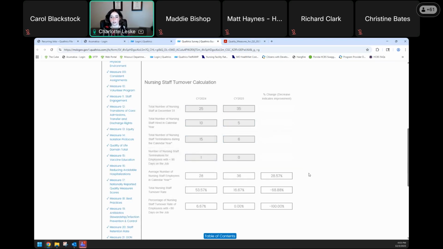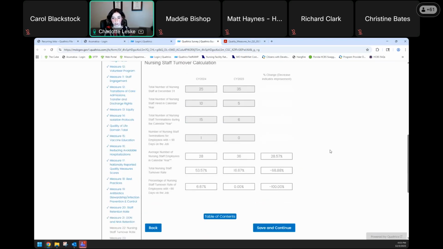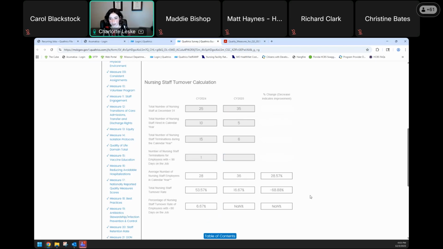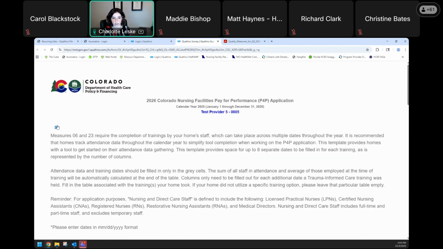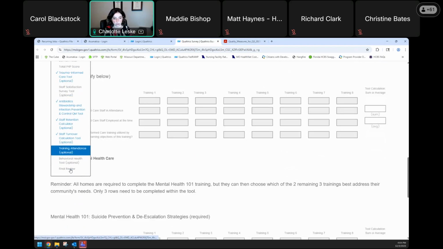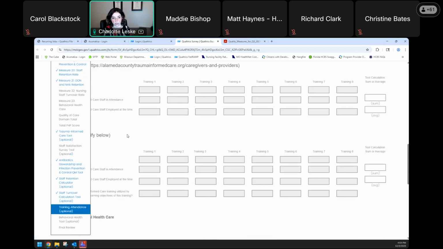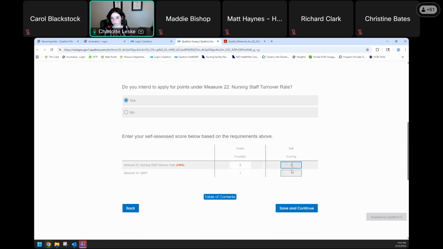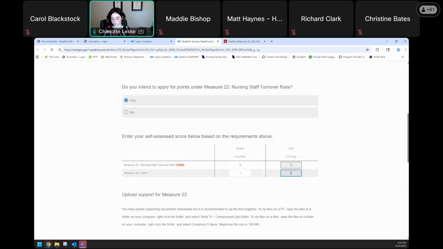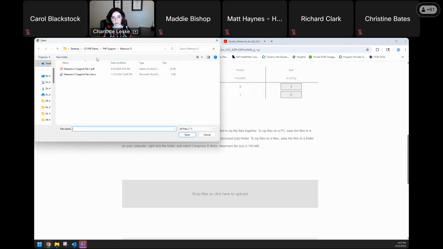And you'll notice as I entered all of that, it updated these calculations below. If you get any that say this is not a number, it just means one of the figures is missing from above. So once I've filled that out, go ahead and save it and jump back to measure 22 and finish assessing the points for that measure. Attach my support